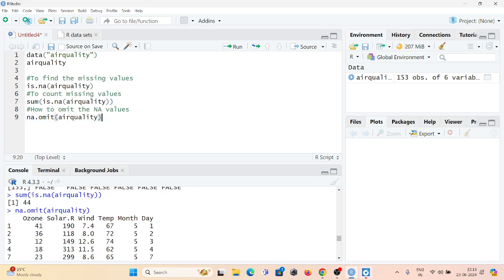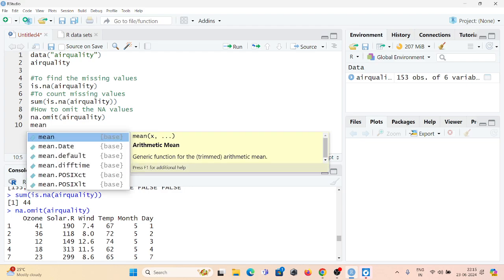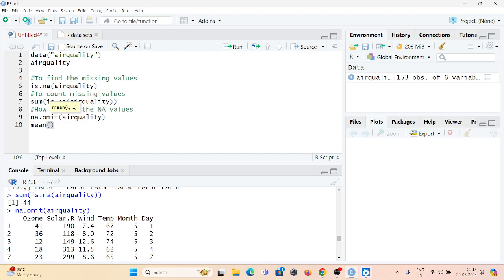Next statement is how we can perform various operations on a variable present in the data set air quality by removing the NA value, right? So I want to perform the mean operation. Then I want to find the mean of which data set? Of the air quality data set, and of which variable?